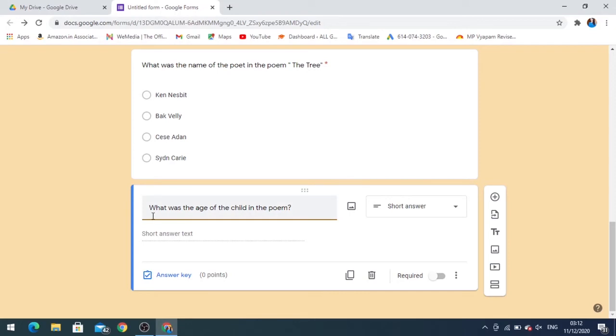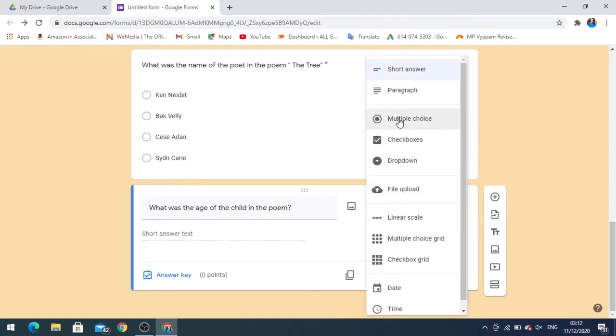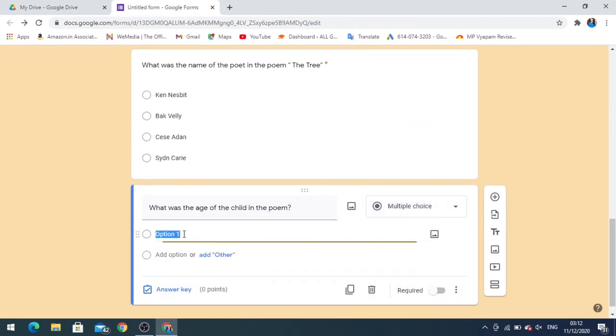So we have written the next question: what was the age of the child in the poem? This is also multiple choice. So we will select multiple choice and then we will write the options.